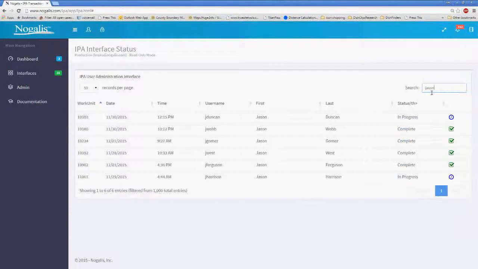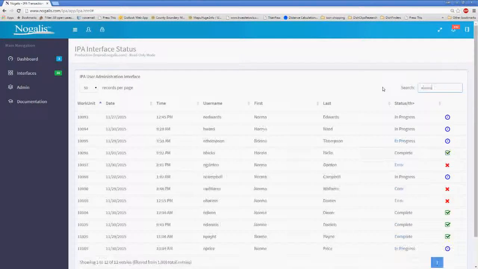For example, if I wanted to look for Jason, I can just say, okay, well, there's Jason Gomez, that succeeded, but I got Jason Duncan, who's still in progress. I got this Norma Gordon, and this is test data, obviously, that errored out, and that's something I want to do something about. Now, you're not going to have a lot in progress, even though here I've made sure there is a bunch in progress, but it's always good to go through